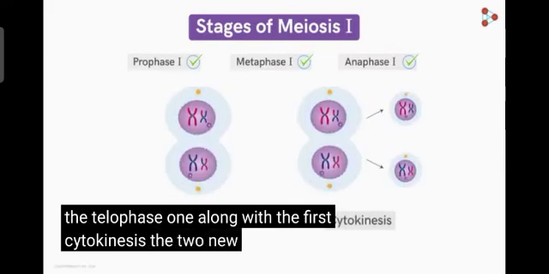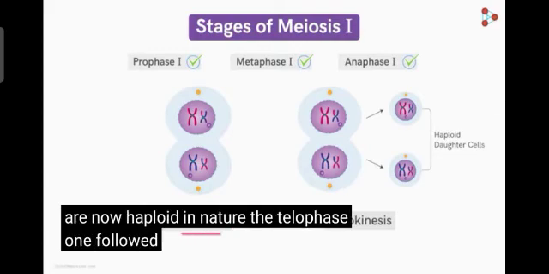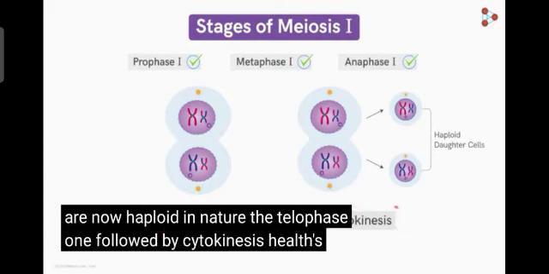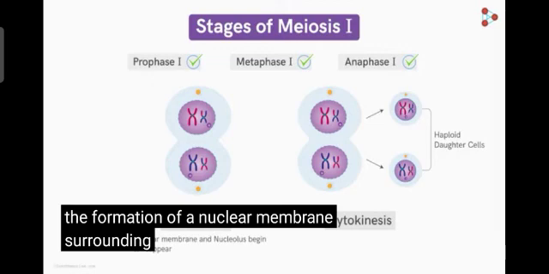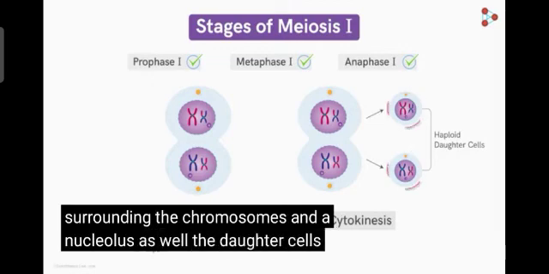The 2 new cells obtained are now haploid in nature. The telophase I, followed by cytokinesis, helps in the formation of a nuclear membrane surrounding the chromosomes and a nucleolus as well. The daughter cells are haploid, which are